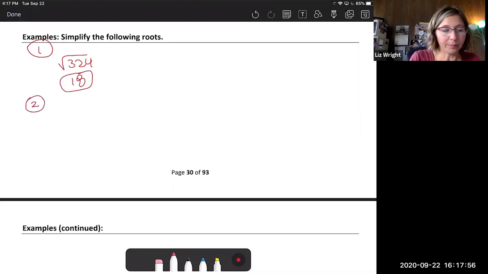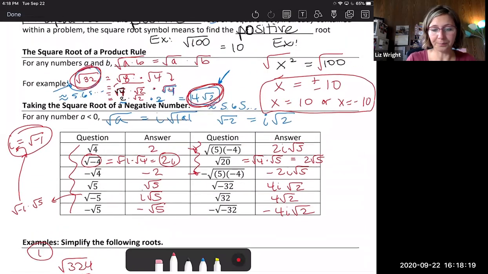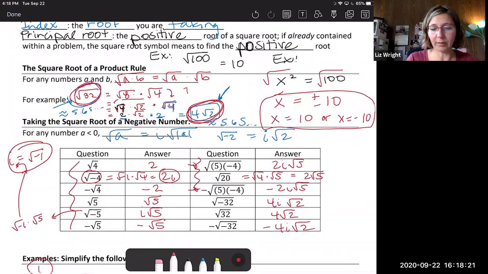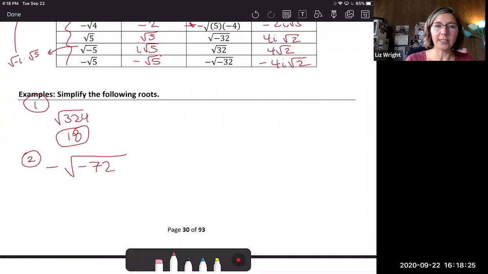Number 2, we are taking the negative of the square root of negative 72. So we're taking the square root of negative 72, and then that value is going to be negative. So here's what I'd like you to do. I think this is a little bit easier than breaking 72 down into a whole bunch of square roots, like up here. So rather than doing all of this for 72, what I like to do is like a factor